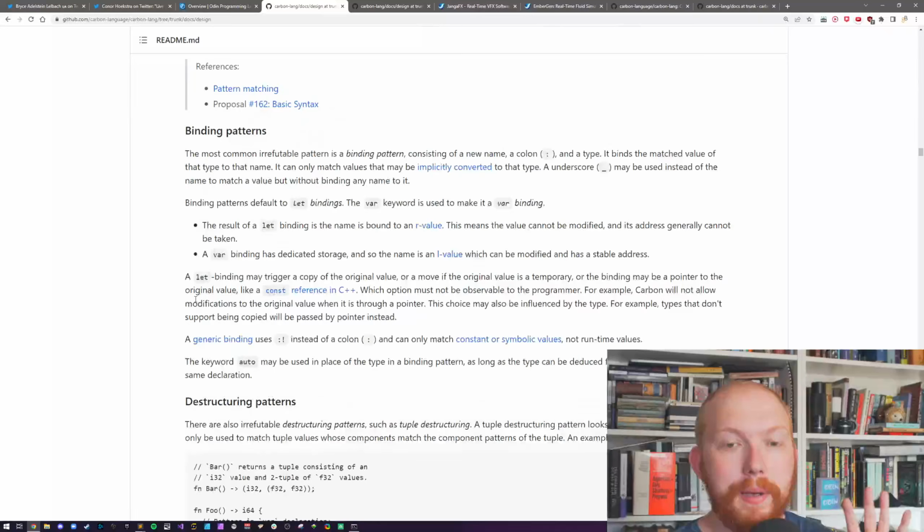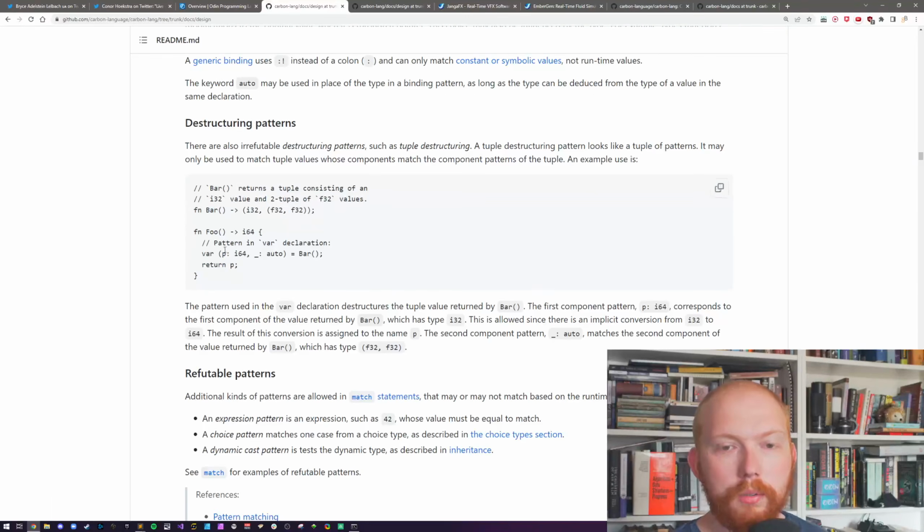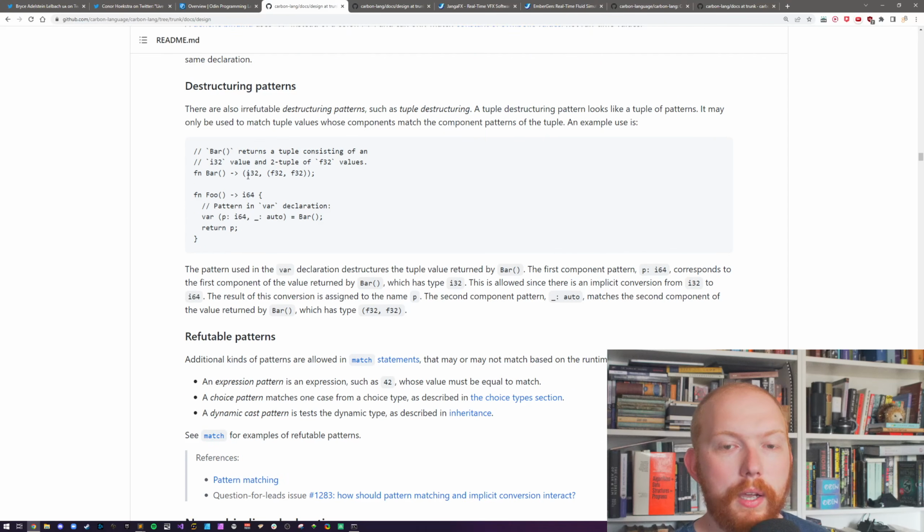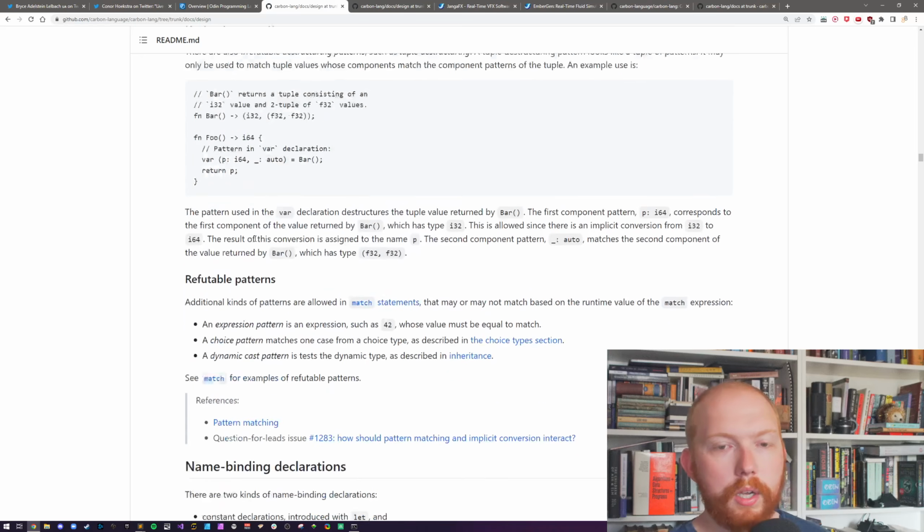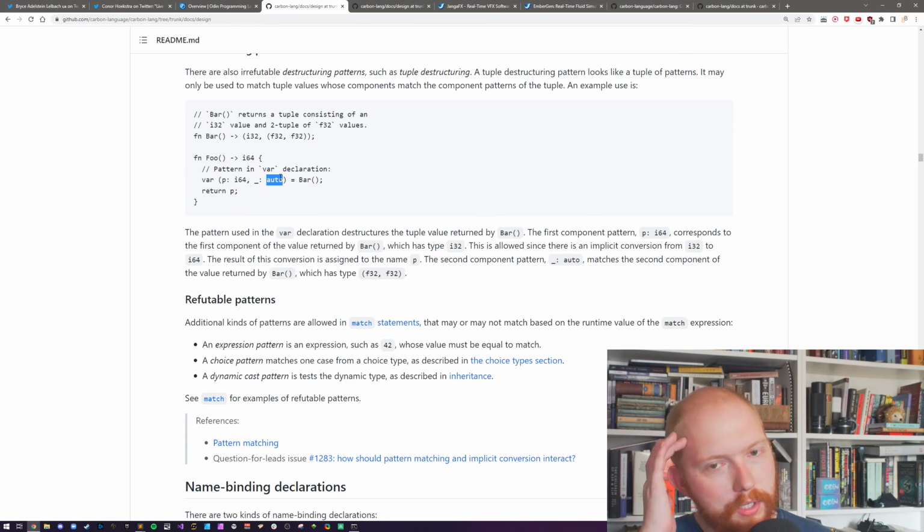Patterns, okay, they've got basic pattern matching and binding patterns you can do, which is part of the whole reason for having tuples, I'm guessing, as well. Like, you have an auto thing that has a tuple of a tuple inside of it, and you can nest it out and get all the stuff that you need.